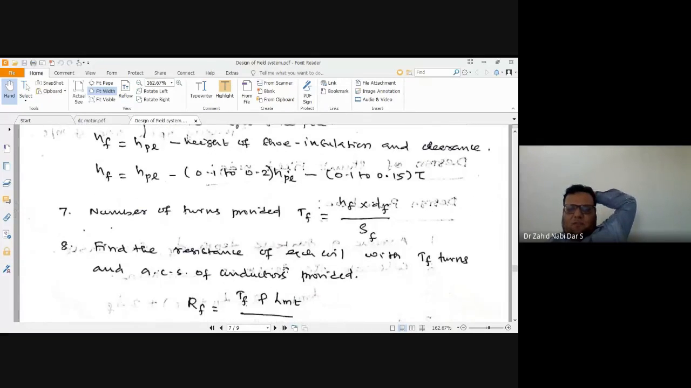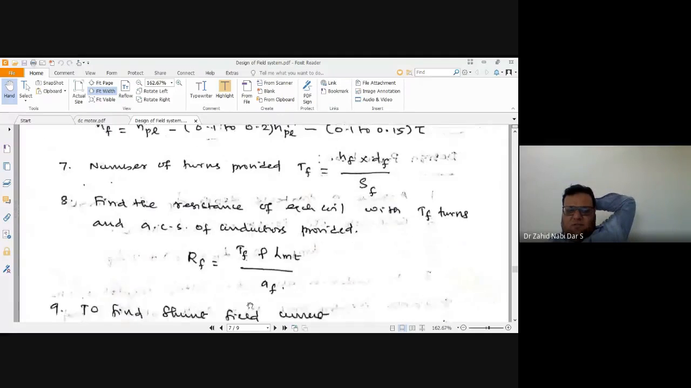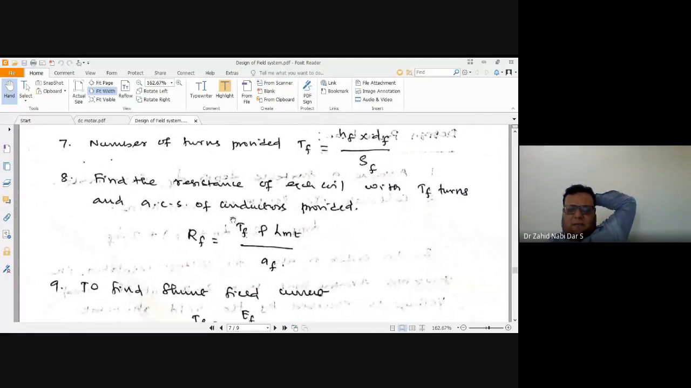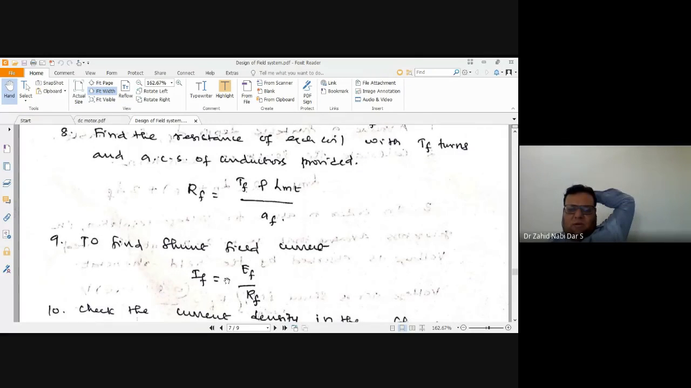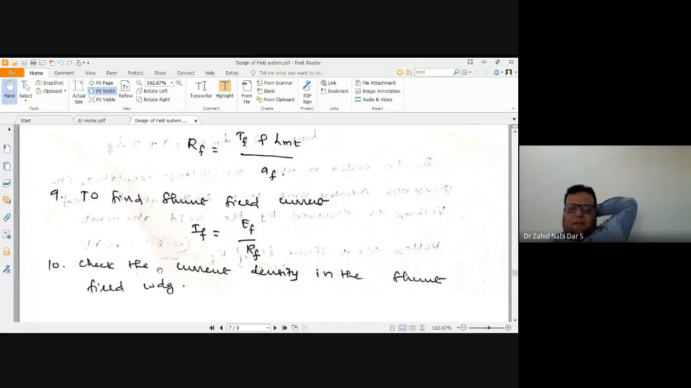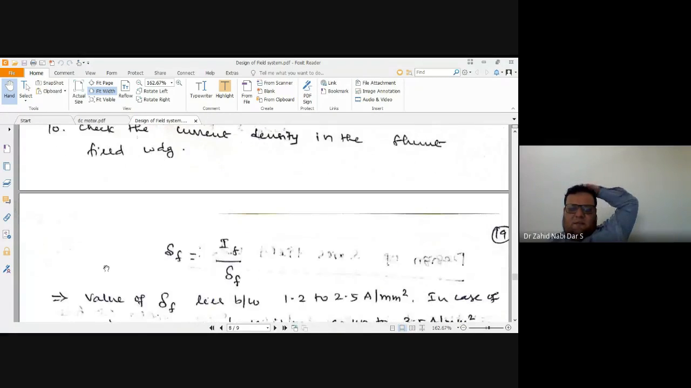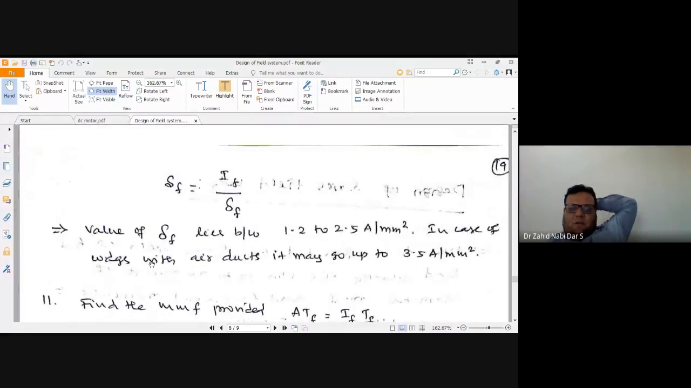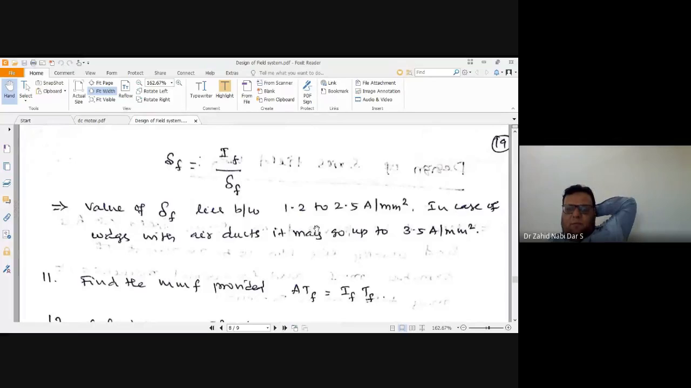Then find the resistance of each with TF turns and area of cross section of the conductor. So this resistance is rho LAF TF. Now you can find the field current. Once you know your RF and EF, you can calculate by Ohm's law, EF by RF. Now check the current density in the shunt field winding. Check delta F is equal to IF by this, and the value of delta F should lie between 1.2 to 2.5 ampere per